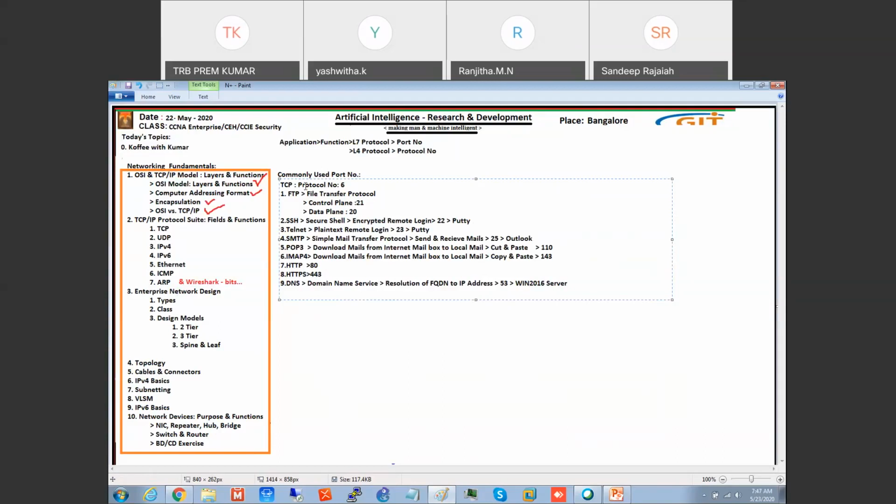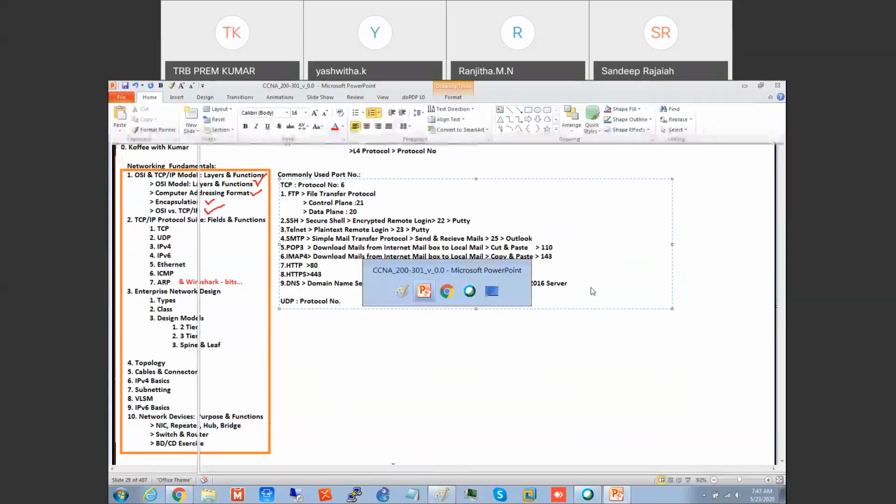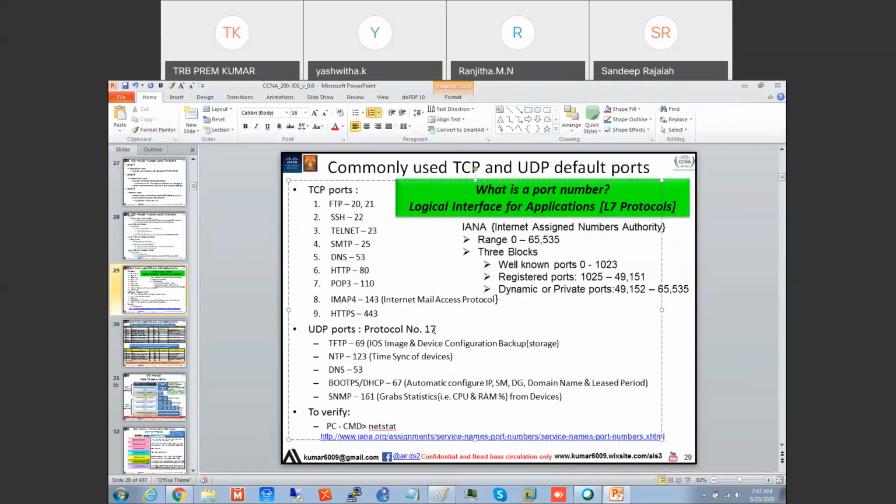DNS will work in TCP also, UDP also. If you take UDP applications, UDP protocol number will be, what is the protocol number? 70.